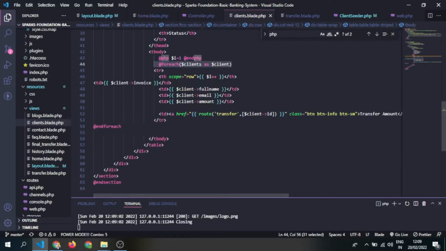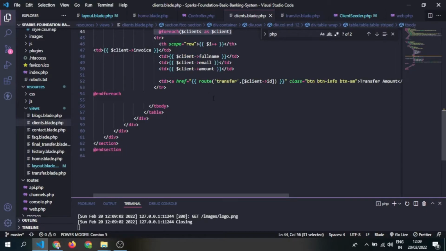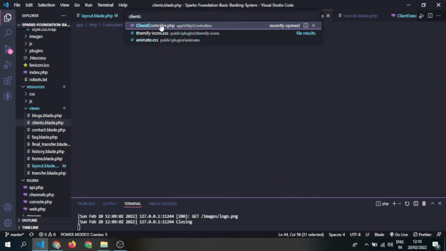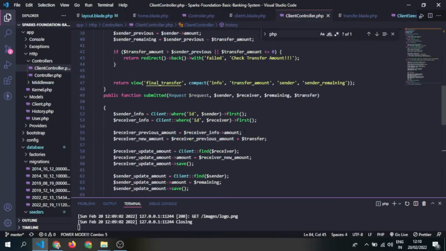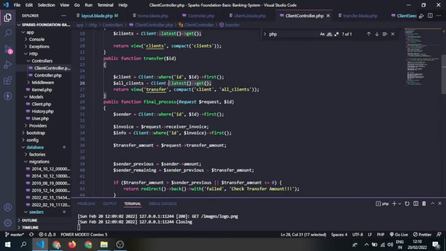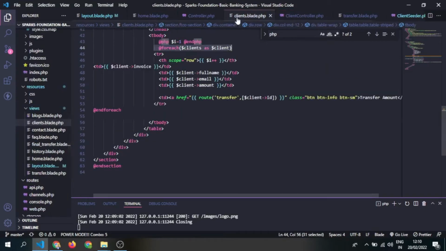I used a foreach loop for every client from the controller, and it gives all the data. You can see no pagination, only every data for all clients. So this is the clients working.